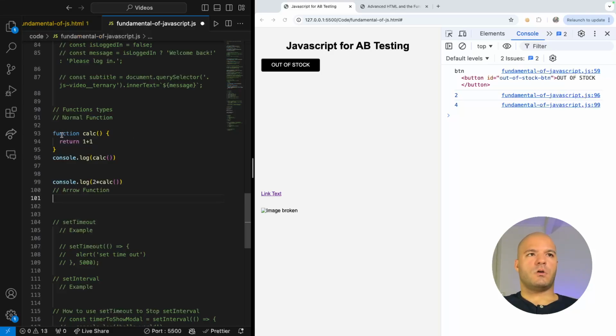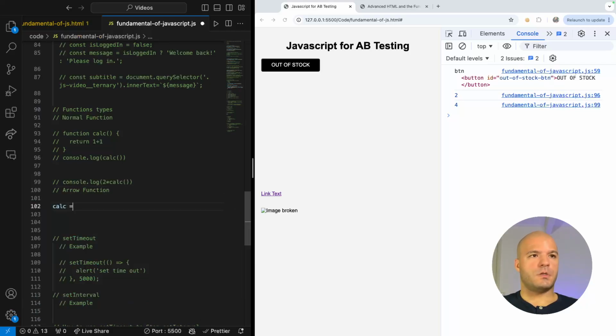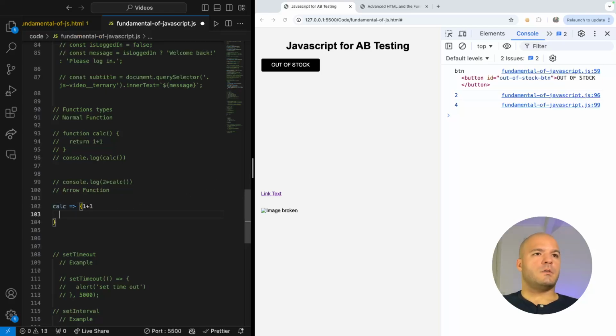You see that there's a lot here. We have the function name, and then we have the curly braces here. We have this return. So we have a new way, which we call it, like, let's say I could use, well, I will use the same example basically, but using the other option. So let's say I want to create a calc, which is equals to that, and then I'm doing something here, which is 1 plus 1 or plus 1, and then I just need to,